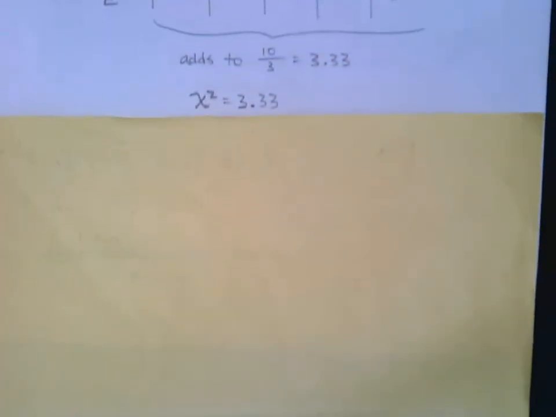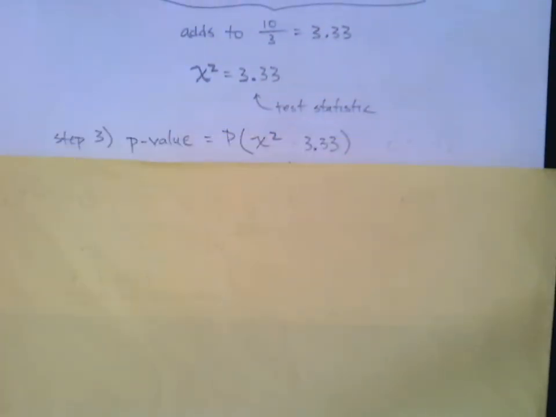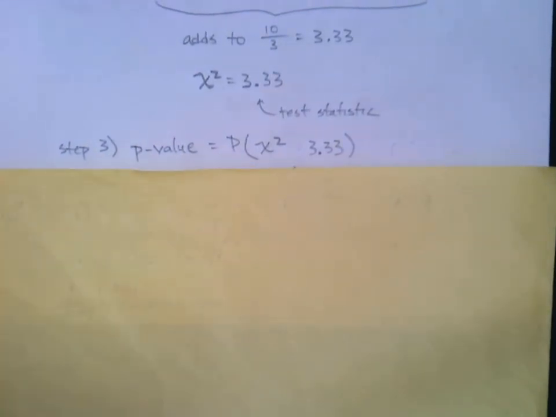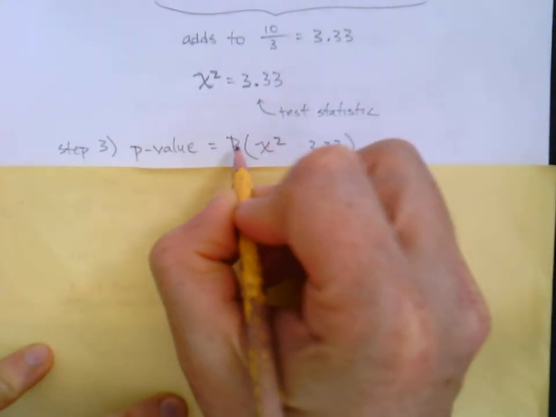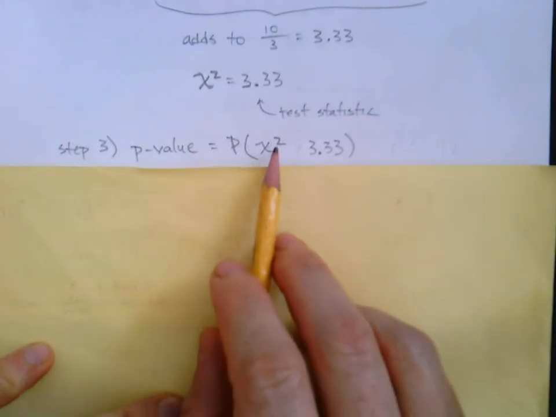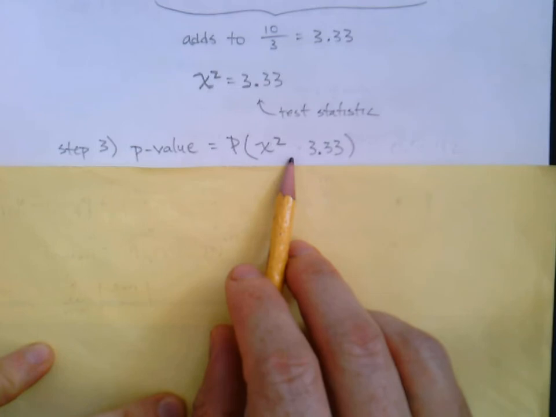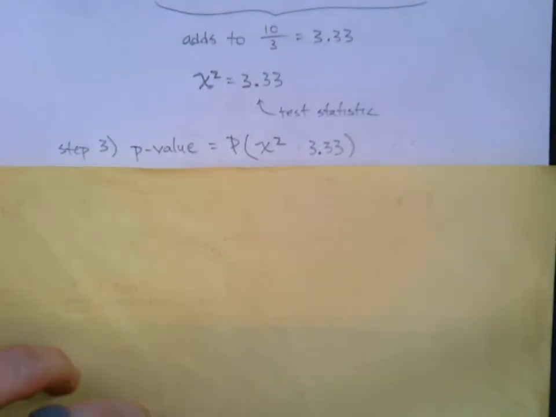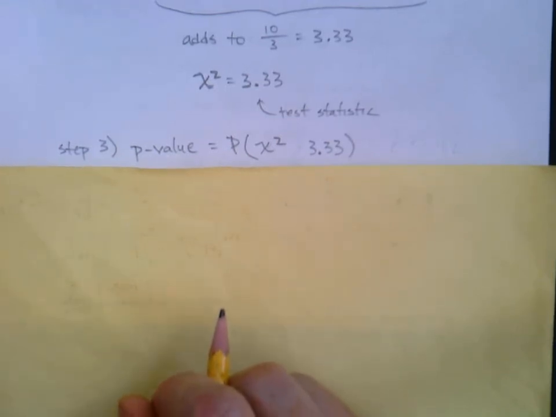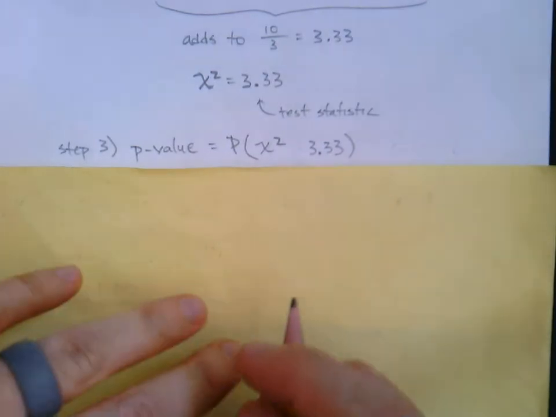Moving along to step number 3, the p-value. Let's discuss this because it's really going to feel very similar to previous p-values, but there are nuanced differences. So we think the p-value equals the probability that chi-square is something 3.33, and here we need to choose carefully. Do we want a greater than or a less than? Normally we'd go back to our null hypothesis, but it was just a sentence here. Let me tell you,